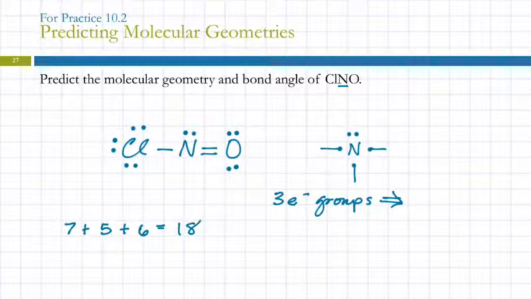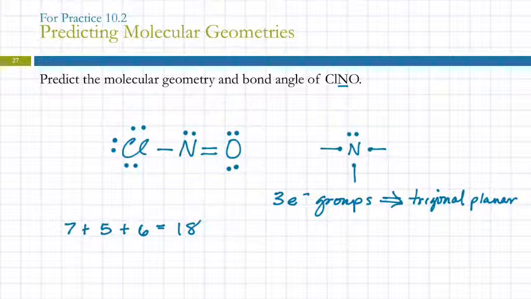They form a triangle, right? And it's flat. So that's called trigonal planar. And I know these names are sometimes a little hard to remember. The good thing is I'll be testing you on this kind of stuff with multiple choice questions. And so I'm not going to try to trick you. There could be trigonal planar, trigonal bipyramid,